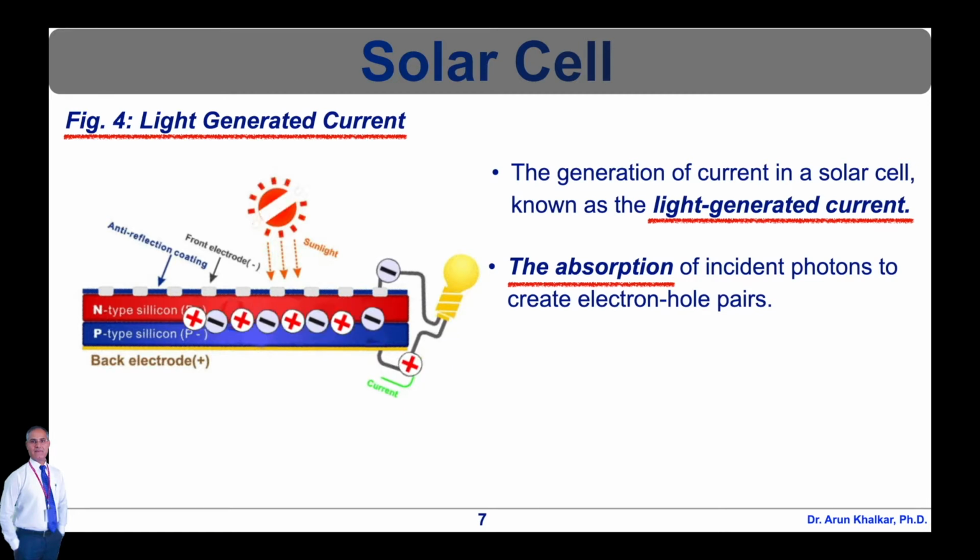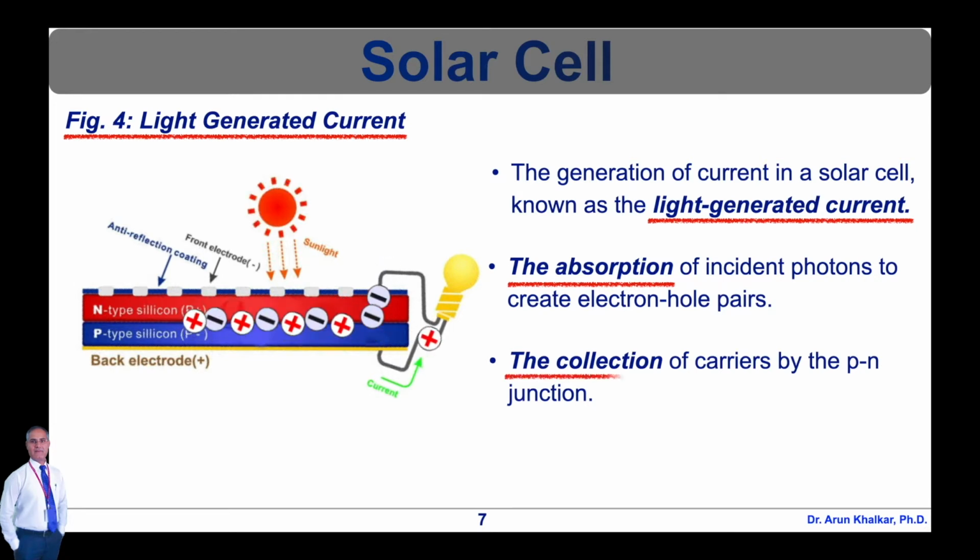However, electrons in p-type material and holes in n-type material are metastable and will only exist on average for a length of time equal to the minority carrier lifetime before they recombine. If the carrier recombines, then the light generated electron-hole pair is lost and no current or power can be generated. A second process, the collection of these carriers by the p-n junction, prevents this recombination by using a p-n junction to spatially separate the electrons and the holes.